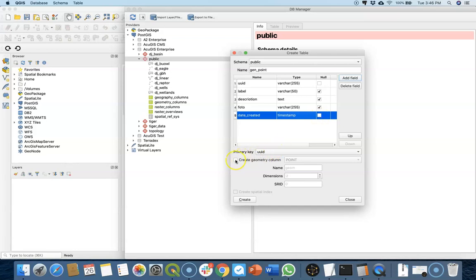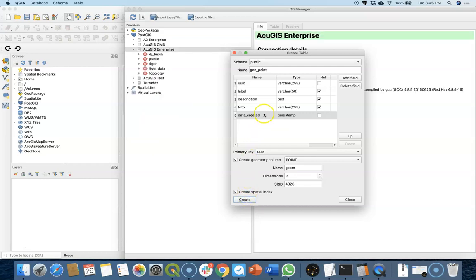And then the type of geometry that we want to create is point. The spatial reference ID 4326, that's just that long WGS84. I'm going to create a spatial index for this, and then I'll click Create, and there we have a new